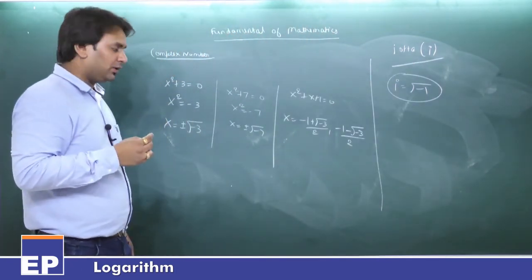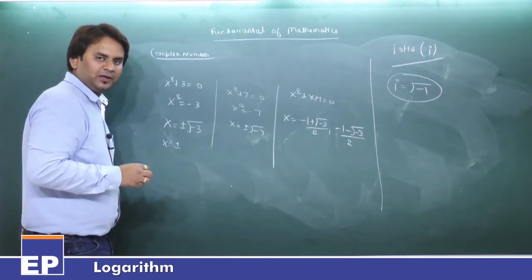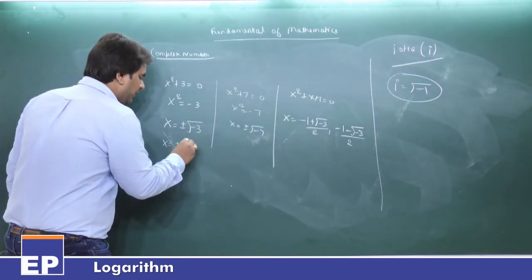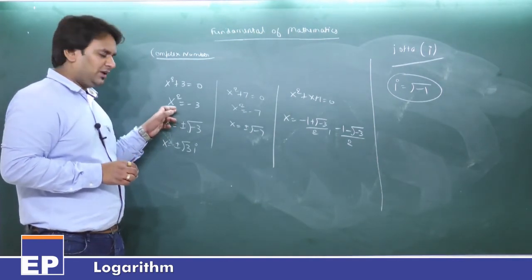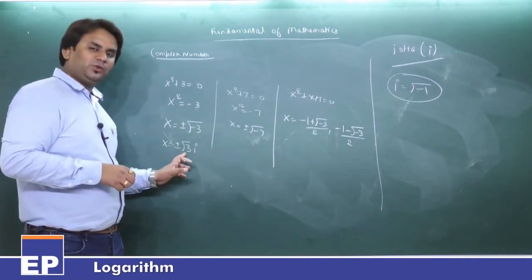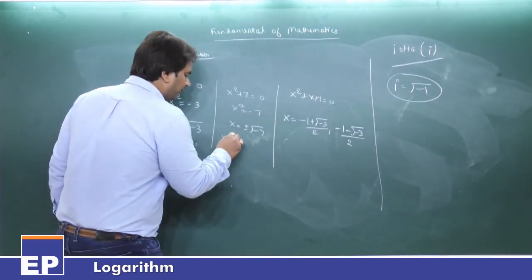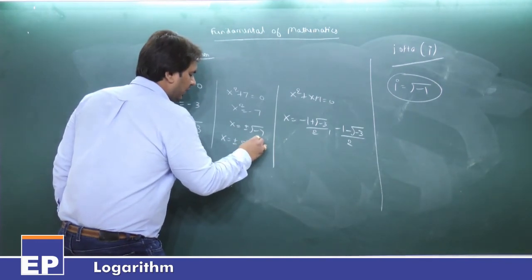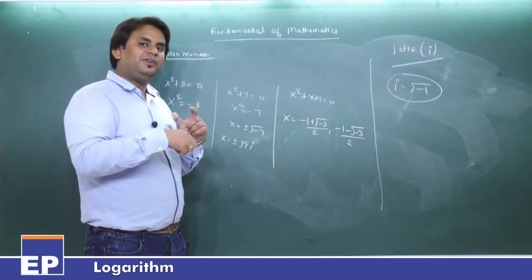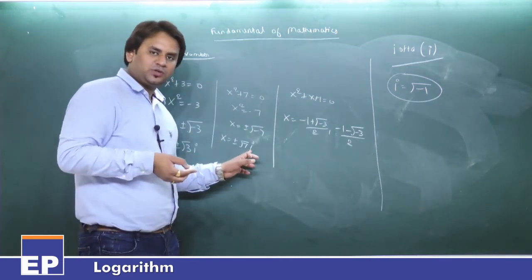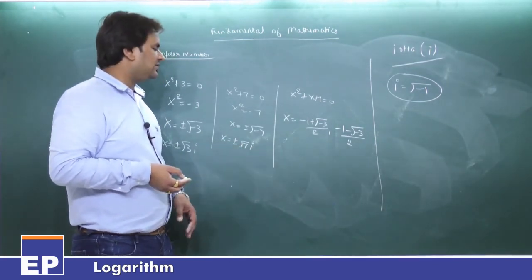Now the solutions will come out like this. x is equal to plus minus under root of minus 3, so it will become under root of 3 into iota. If someone asks what the solution of this equation is, it will be x equal to plus root 3 iota and x equal to minus root 3 iota. Here x is equal to plus minus root 7 iota. If a minus comes inside the square root, remove that minus sign and put iota outside. The solutions are x equal to root 7 iota and x equal to minus root 7 iota.